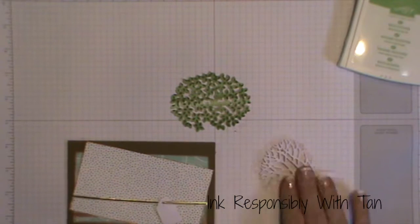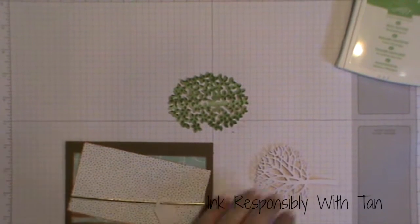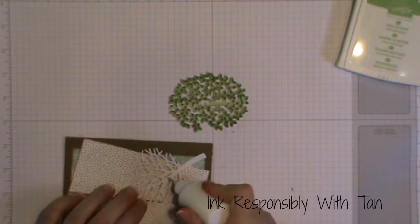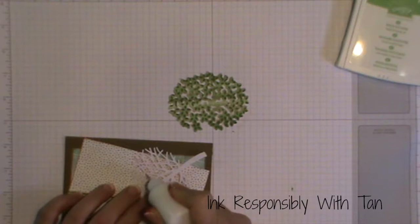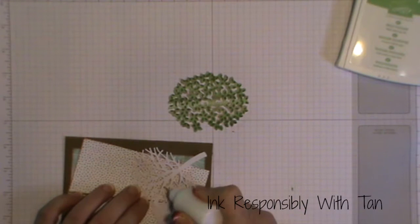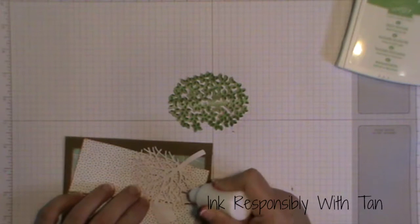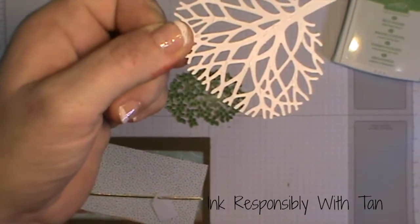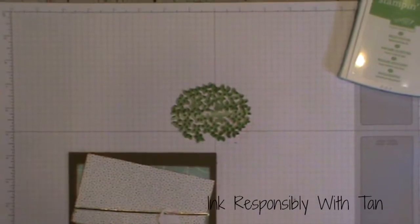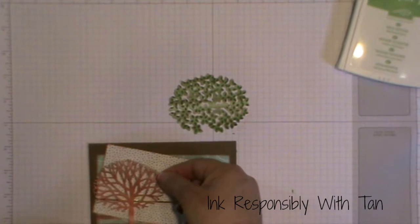Okay, so now we need to place our tree down. So to do that, I'm going to grab my Tombow glue and I'm going to put a bit of glue onto the branches of my tree. Now, because this is extremely strong glue, I only need a few dots. I don't know if you can see that. I've only got a few drops of glue on there. Okay, so I'm going to place this over the top of my ribbon